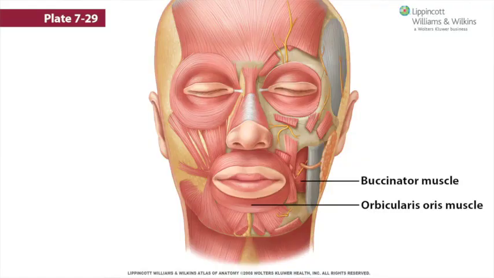The buccinator and orbicularis oris are muscles of facial expression, but have a role in mastication as well. They keep food positioned between the maxillary and mandibular teeth and prevent it from collecting in the inferior half of the oral vestibule, the pouch between the teeth and gingivae and the cheek and lips. The tongue assists in the same manner by keeping food from collecting posterior and medial to the teeth and gingivae